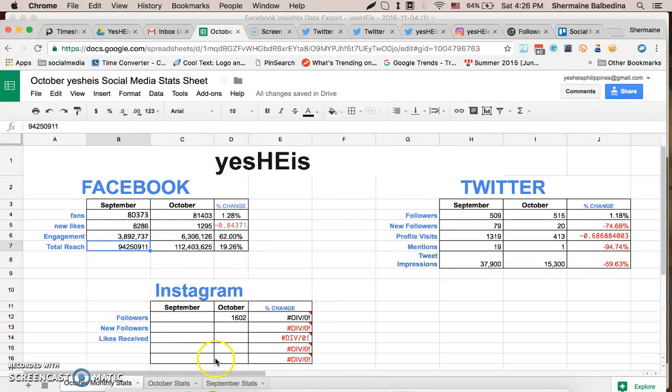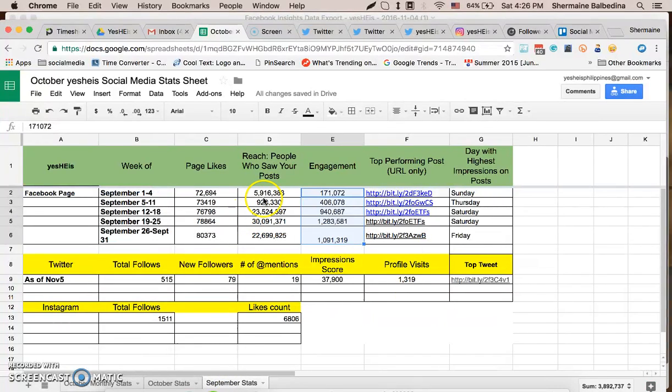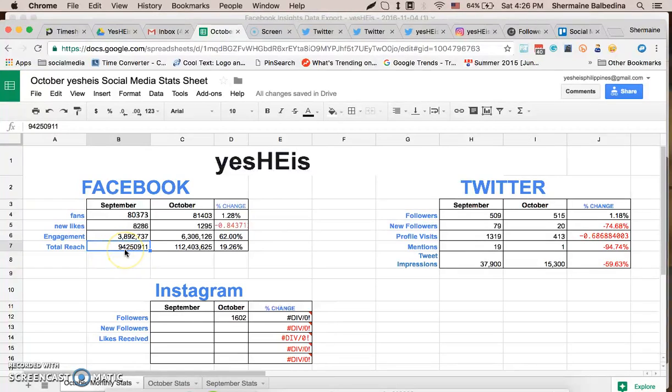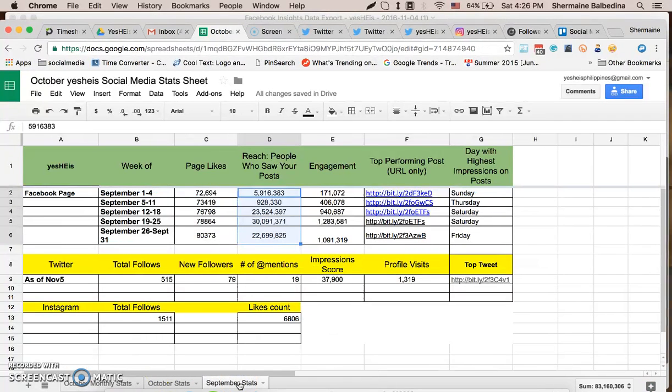And then total number of reach for September, 83,163,006.